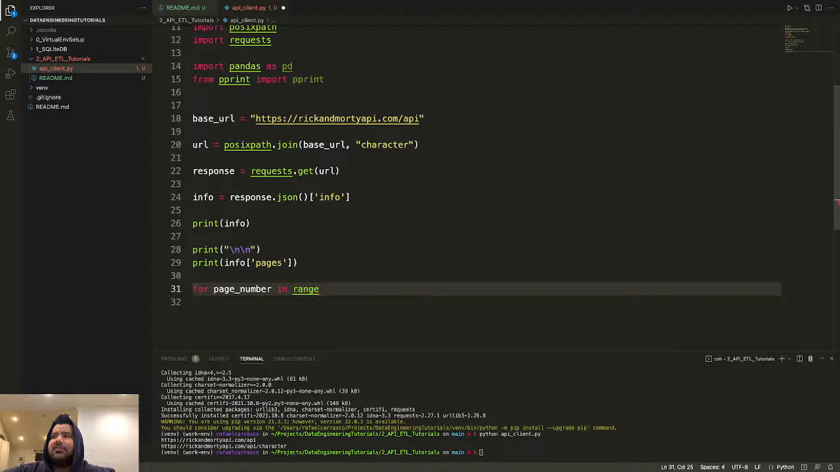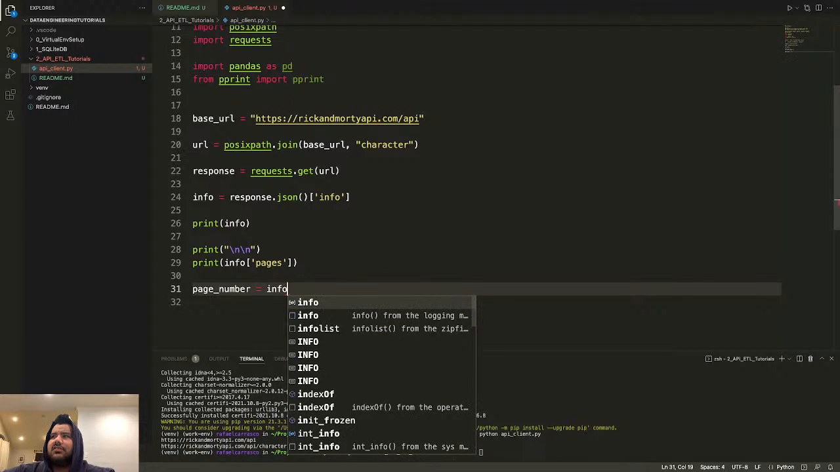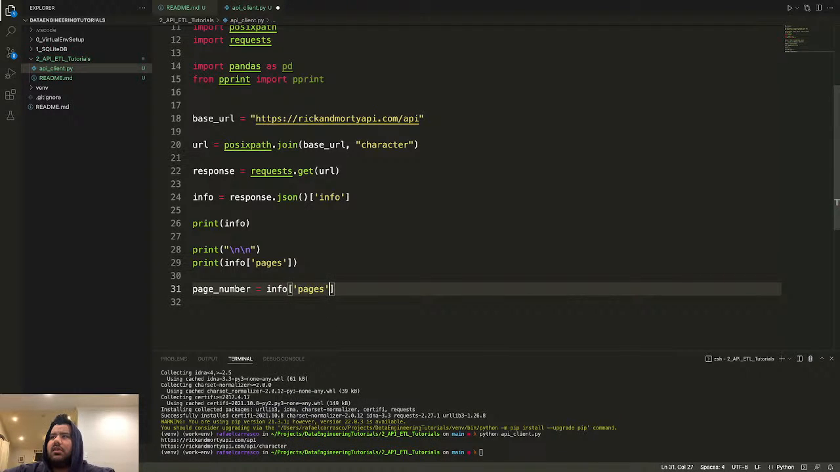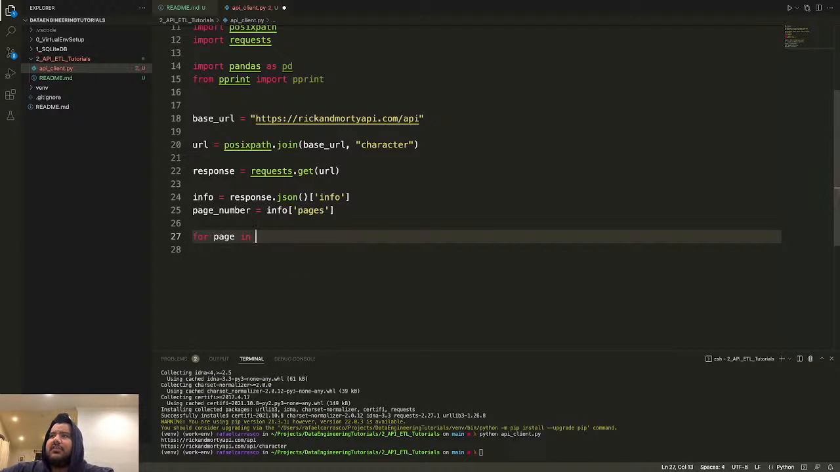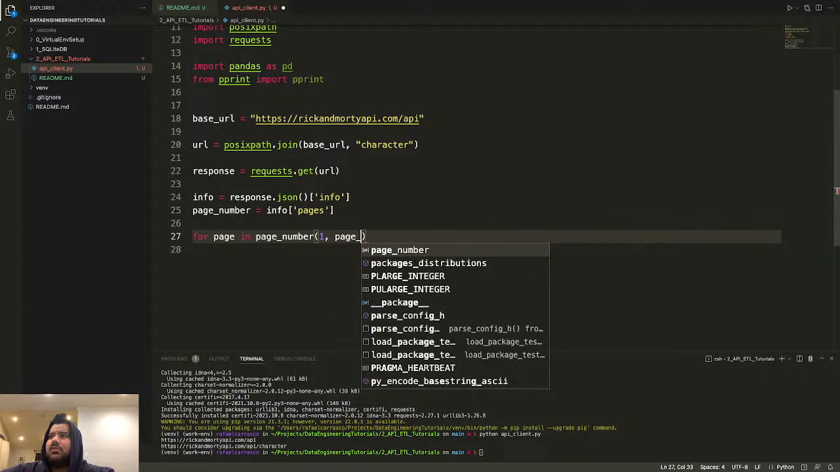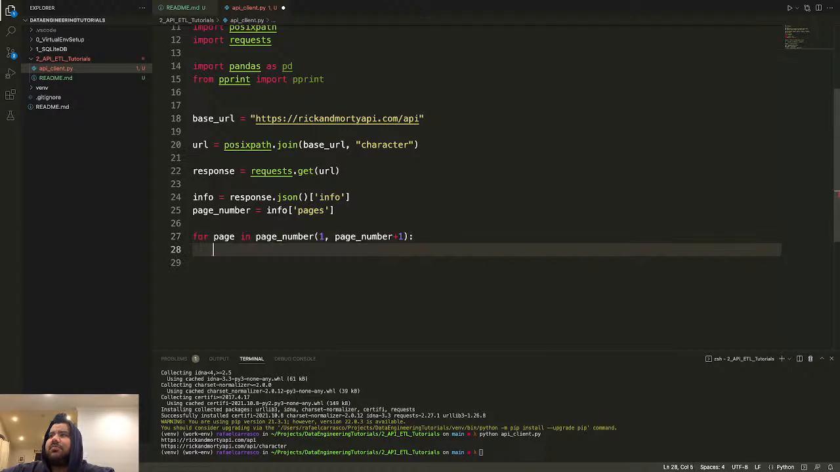But we're essentially going to loop. We're going to get this info. Page number equals info dot pages, just like that. And then we're going to say for page in range 1 to page number +1. So what I'm doing is going for page 1 to page number +1, and I'm going to say